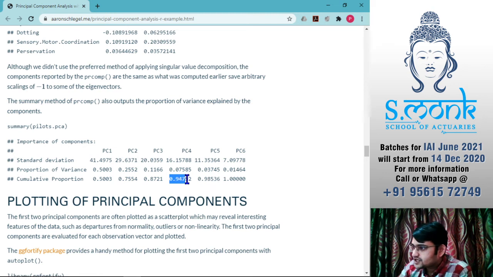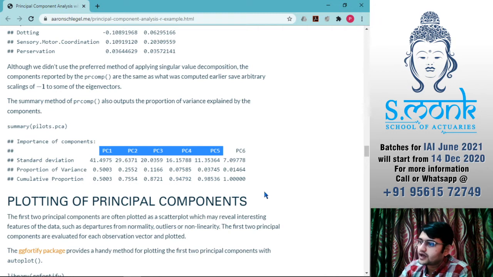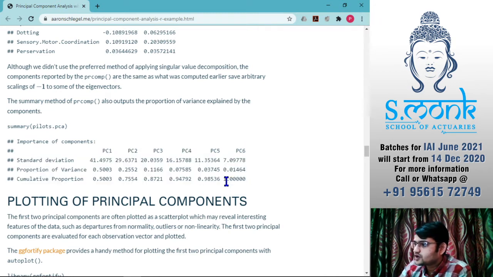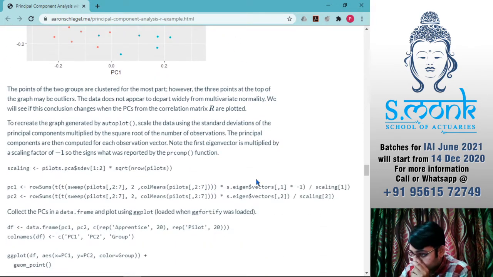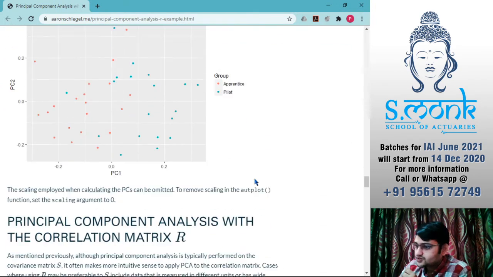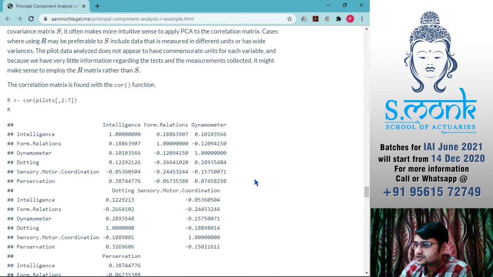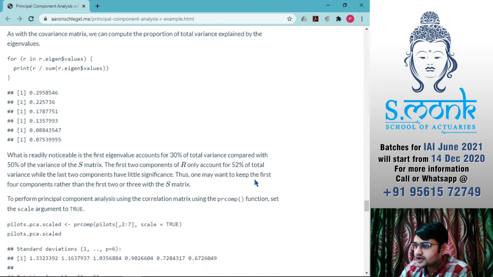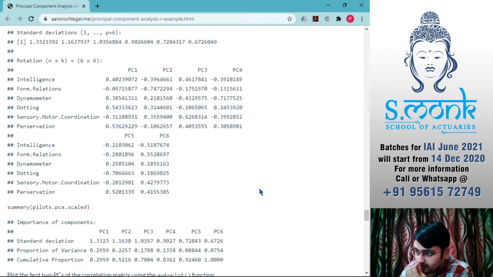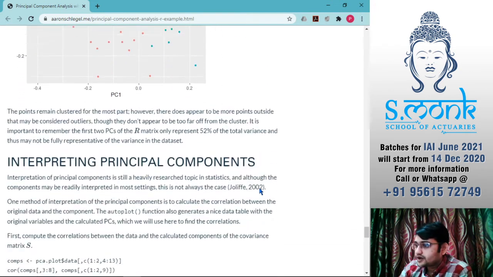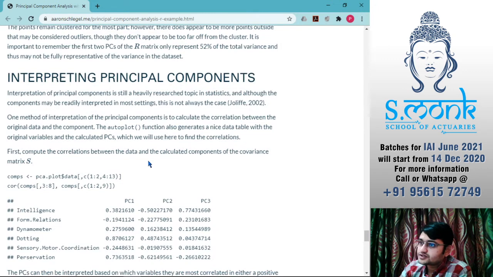So most likely we would say that 94% to 98% is good enough for our representation. So we will choose either 4 components or 5 component analysis. We'll not go for the 6th one because most of the data is represented up to this point. So that is what principal component analysis gives us. Otherwise you do not need this analysis. You can calculate eigenvectors and eigenvalues, but it's not required.